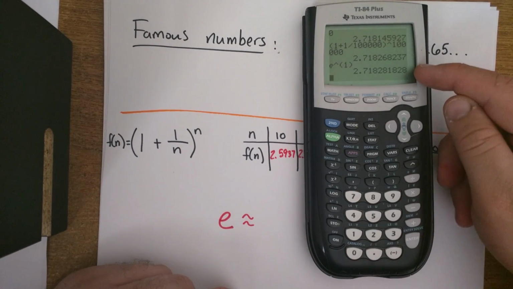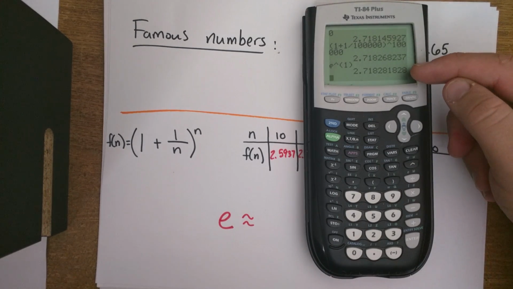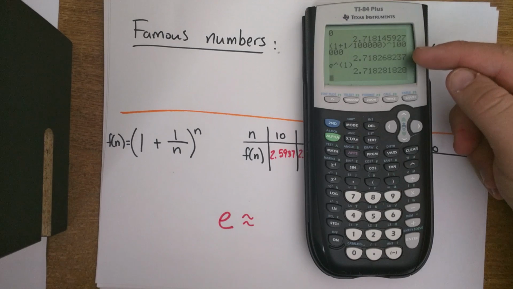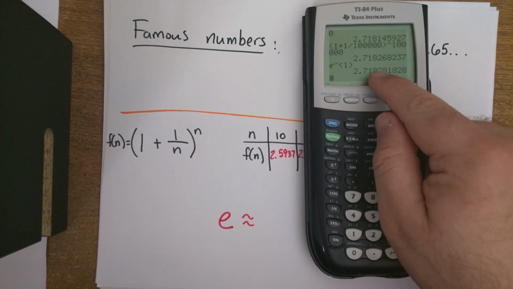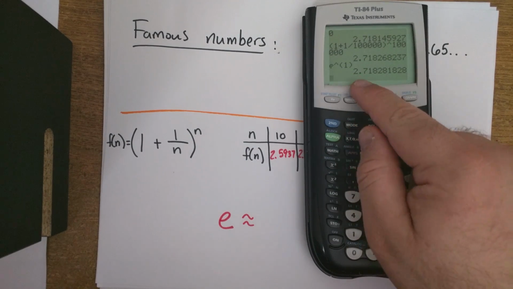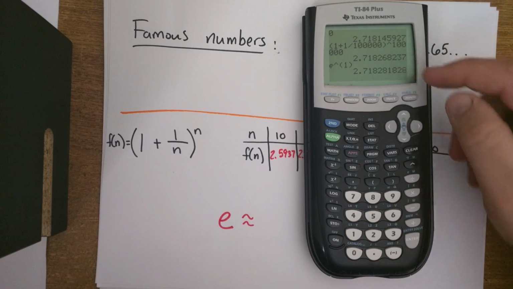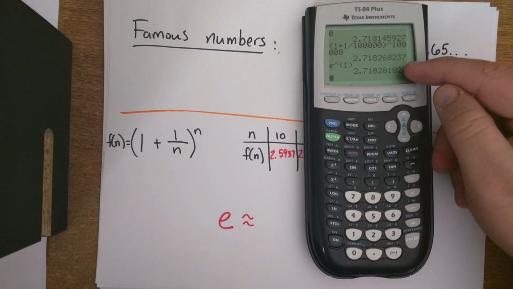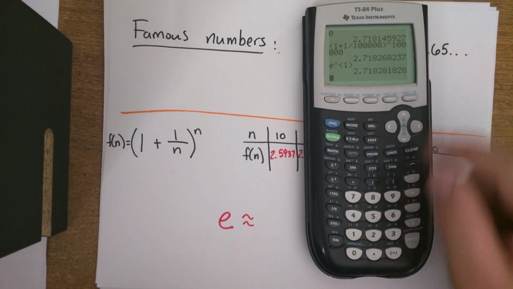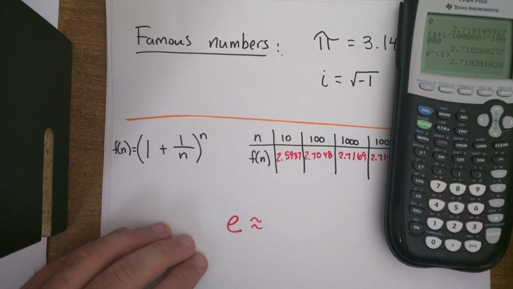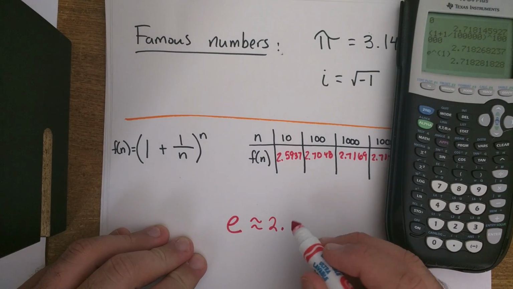So e, or e to the power 1, is equal to this decimal. And look at what we have here, and look at what we had here. Remember we were approaching this number? Do you see how it's 2.7182, like the first number matches and all 4 digits after the decimal match? Now, these digits don't match, but that's because, remember, we're approaching e. If we were to go further along in our table, we would hit this number. So, for our purposes in our class, we're going to say that e is approximately equal to